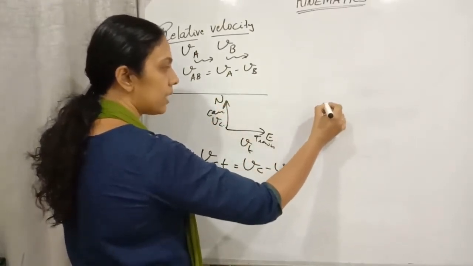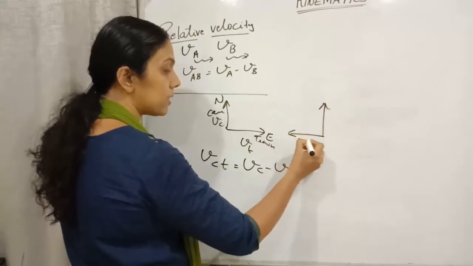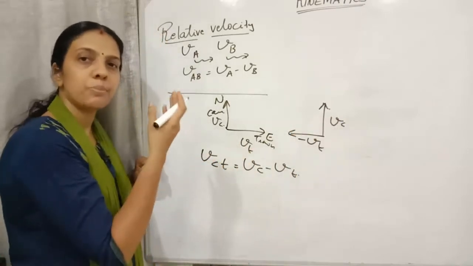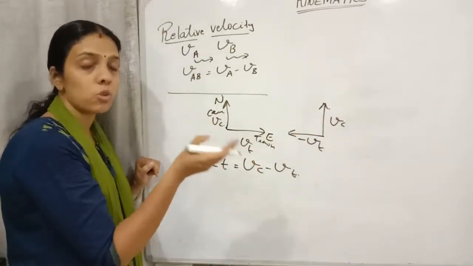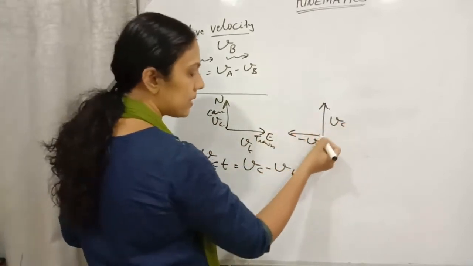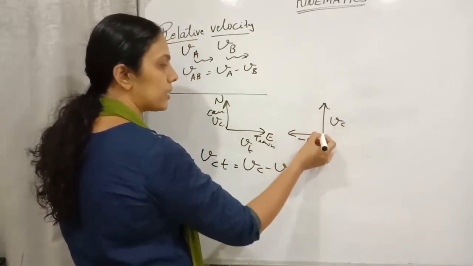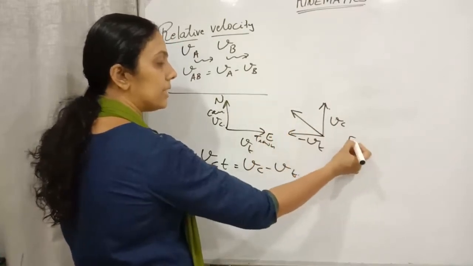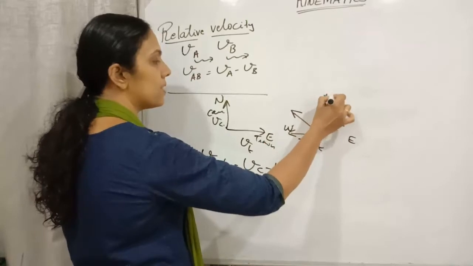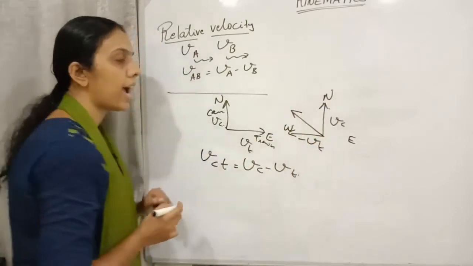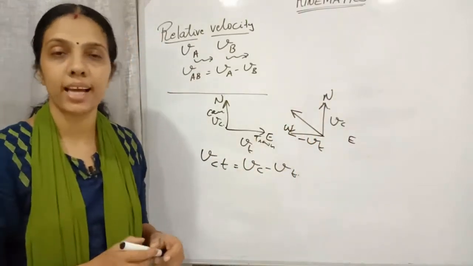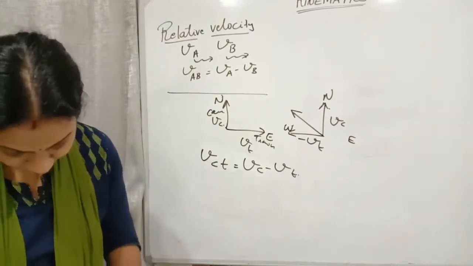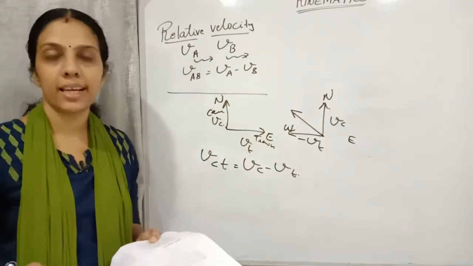Vc minus Vt means we need to consider minus Vt. This is Vc. How we are considering this one? It's as per parallelogram law, laws of vector addition. So Vc is in the same direction, Vc minus Vt. So the resultant vector will be acting in this direction. So here it is east, then it is west, this is north. So it will be acting in the northwest direction. It will be acting along the northwest direction. Yes, west-north direction is the answer.